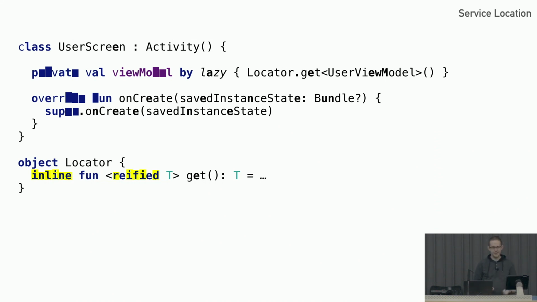Two things to point out here: it's inline and it's reified. And the way inline reified works is that Kotlin still has type erasure, same as Java. At compile time, we don't actually know what the type is of anything that's used within a generic property or class. But with inline, we don't actually create this function. If a function is inlined, then at compile time, all of the logic within that function is pulled out and put into the call site.